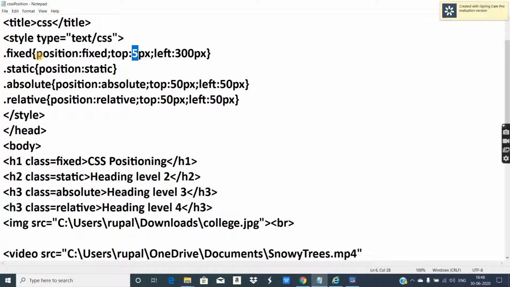But when you use fixed positioning, the properties are position, top, left, bottom, right. These are the properties you have to use when you are doing positioning. So I think static is clear to you and fixed is also clear to you. For static, I did not mention anything. If you want to mention it, you can. I'll mention it at the last, and you can see the changes if you want.